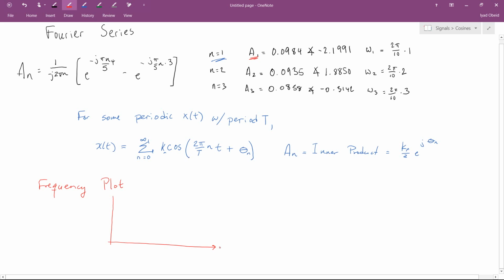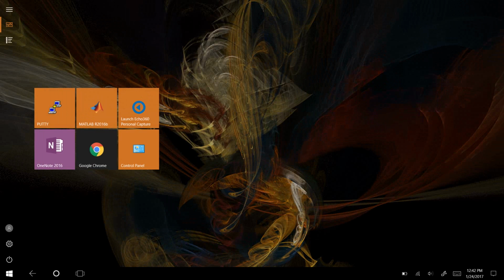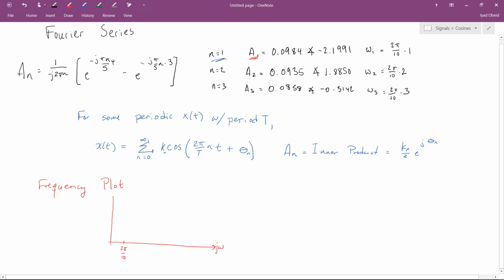Here we have frequency, versus radians per second. My first frequency is going to be at 2 pi over 10 radians per second. 2 pi is about 6, so about 6/10 of a radian, give or take. And we can see that the amplitude there is 0.0984. So I'll just draw a stick, and we'll label that